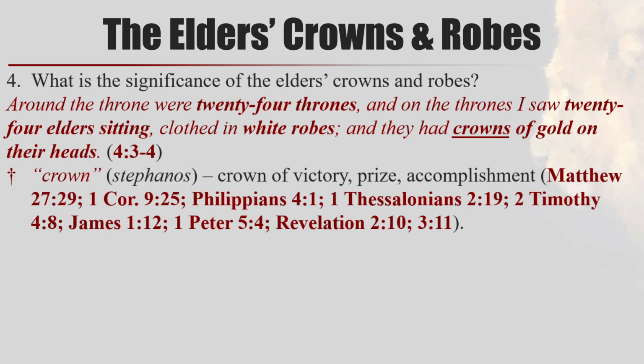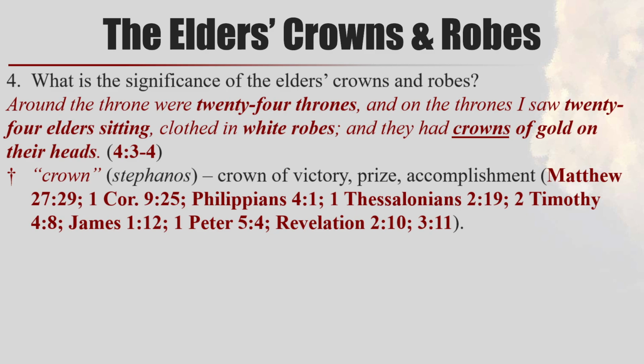So one thing that's interesting, there's actually two different words for crown throughout the New Testament, at least two. There may be others. But you're going to see primarily in Revelation as well as other books. So the first one is Stephanos. I'm having a hard time not saying it with a Germanic accent. But it means victory. In fact, when you see somebody named Stephen, that's where their name is coming from. It's from this word, and the idea is associated with victory. And so this is the crown of victory.